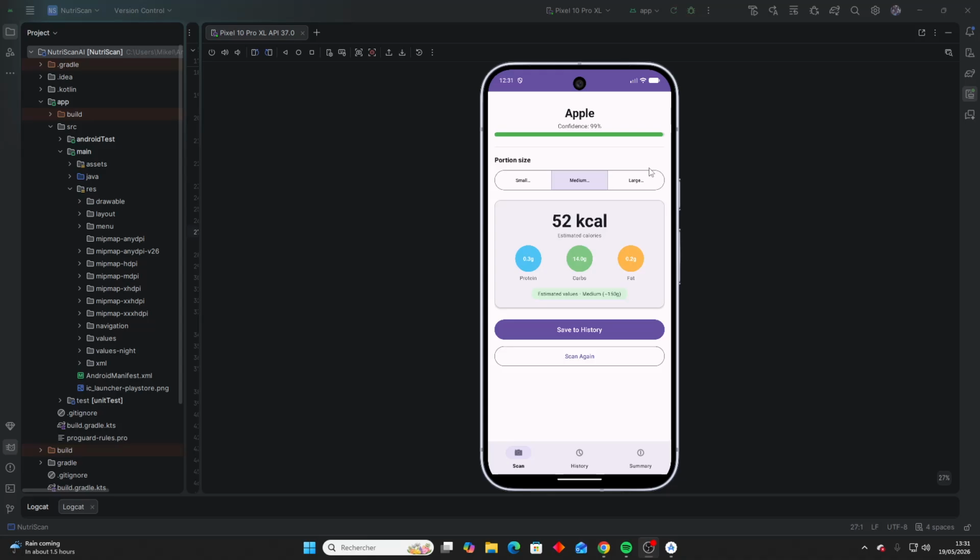NutriScan has correctly identified the food as an apple with a 99% confidence rate. The app retrieves nutritional data from the USDA FoodData Central database and displays 52 calories, 0.3 grams of protein, 14 grams of carbs, and 0.2 grams of fat for a medium portion,